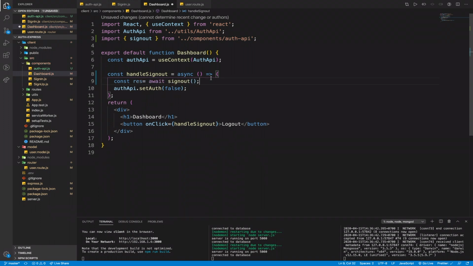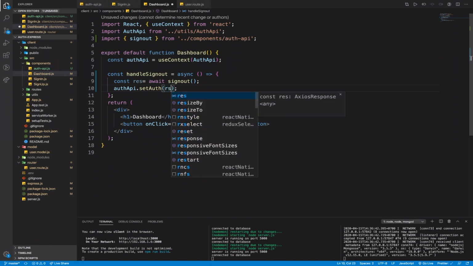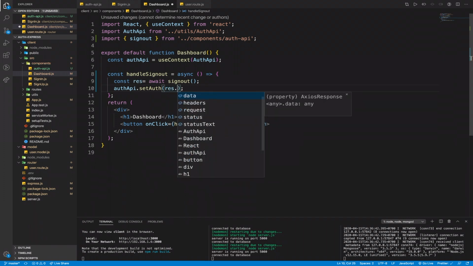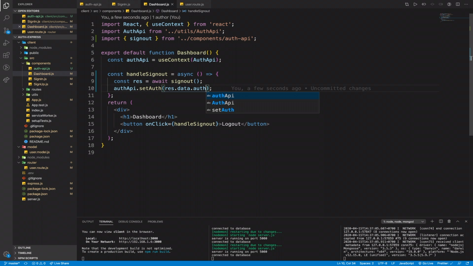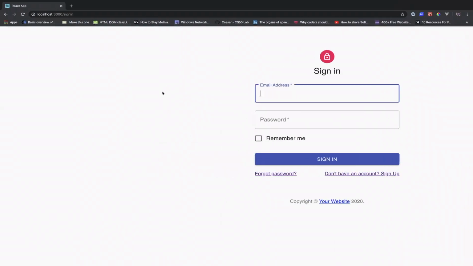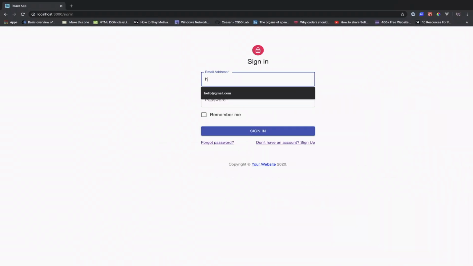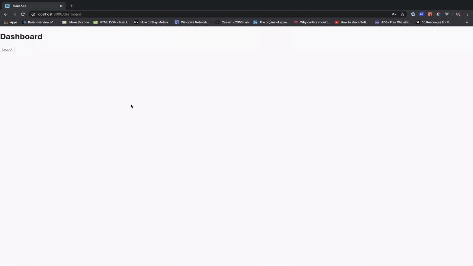We set this one to res.data.auth, which is false. So let's go ahead and write here, sign in again. Hey@gmail.com 123. Now we are signed in. If I try to refresh, we still stay signed in. Let's see. But if I click logout,